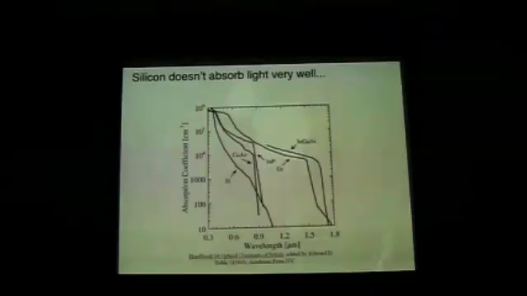So those are the two problems with silicon. So what are people doing to address that? Well, there's a lot of research